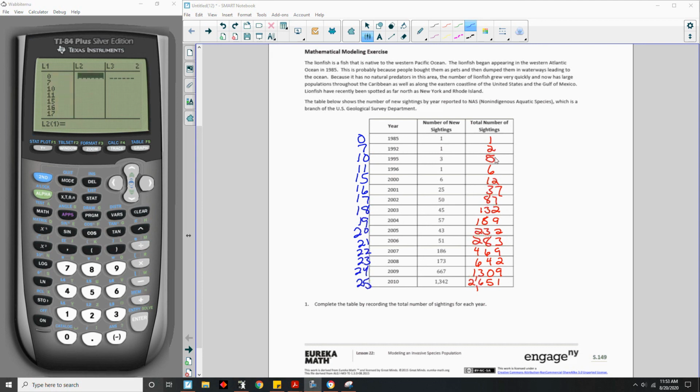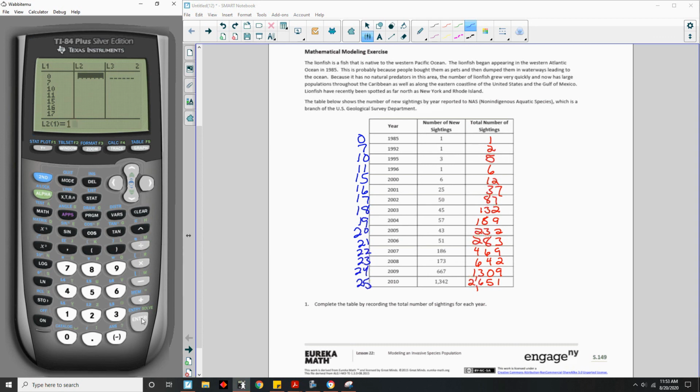L2 is going to be our cumulative values, total sightings. So would it be total sightings or would we use number of new sightings? I would say number of new sightings. You don't want to count things more than once. So L2 is going to be 1,